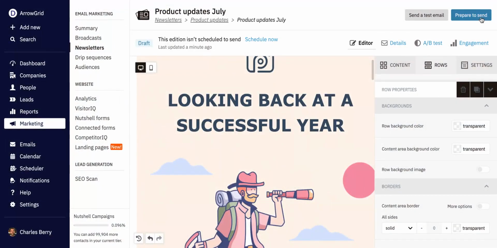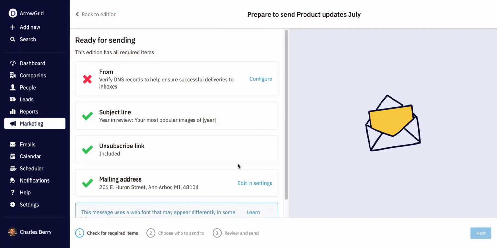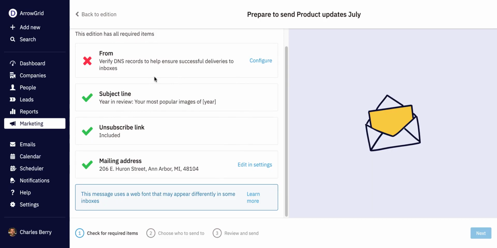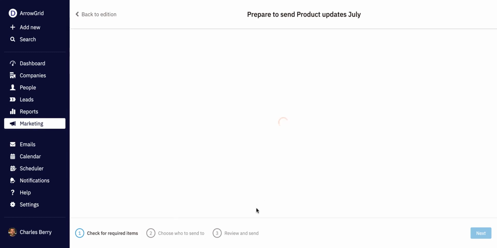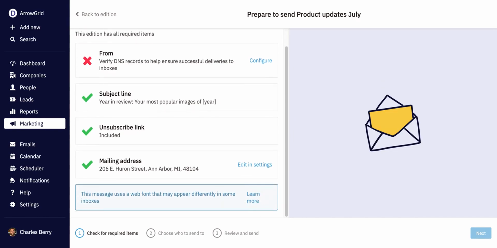Then walk through the Prepare to Send flow, where we'll make sure you have everything you need to send your newsletter successfully. Choose the email address to send your newsletter from and verify your subject line and unsubscribe link. We'll also walk you through choosing an audience for your message and reviewing your newsletter. From here, you can also choose to send your newsletter immediately or schedule it to send for a later date